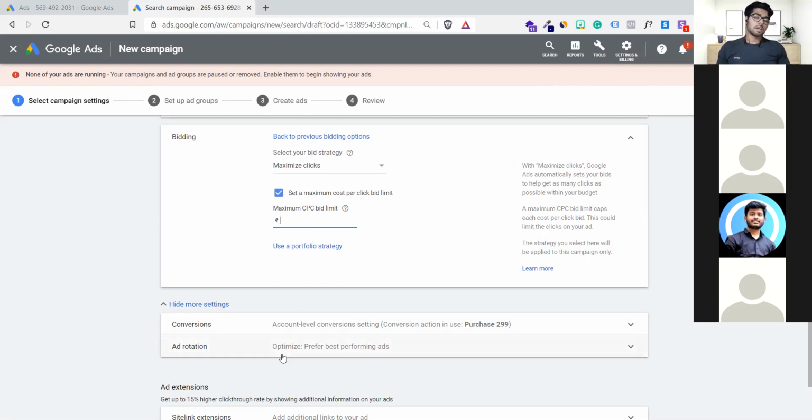Now, if we have talked about keyword analysis, it's time to do some keyword analysis right now. Are we up for keyword analysis, guys? Let me know in the chat. Are we up for keyword analysis? Let's do a quick keyword analysis for Google search campaigns. Shall we go ahead?